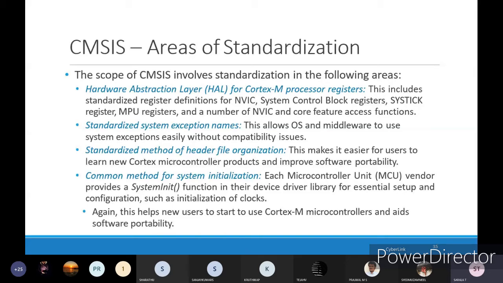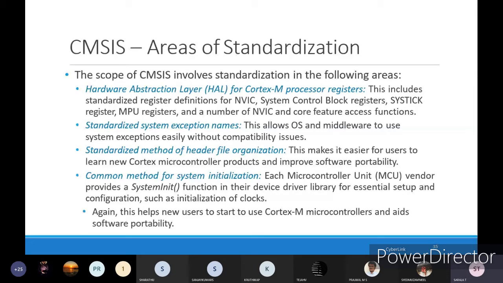Means if header files are already there, whatever you want to know related to software and hardware, how the products have to be connected and what peripherals should be connected, if you know all those things directly, then the user can easily understand the Cortex microcontroller products.